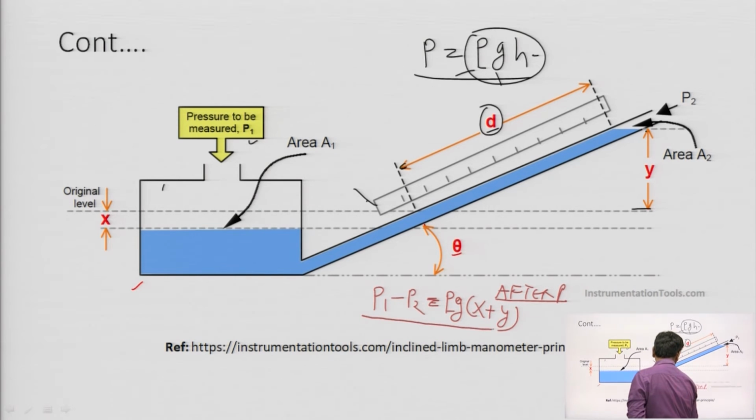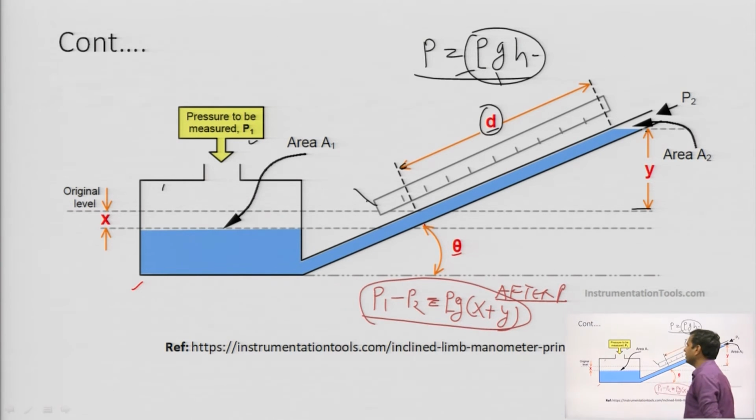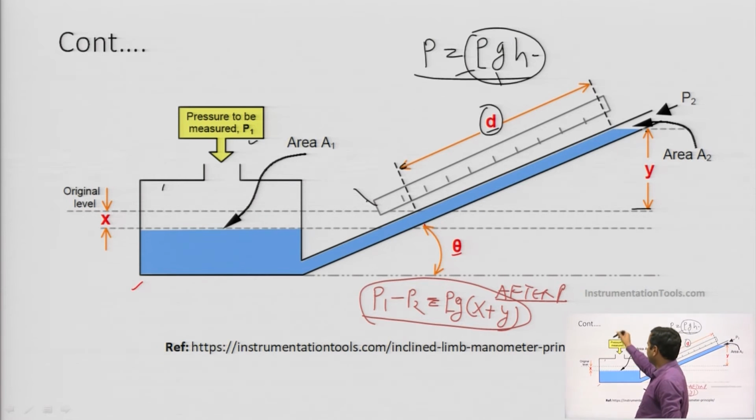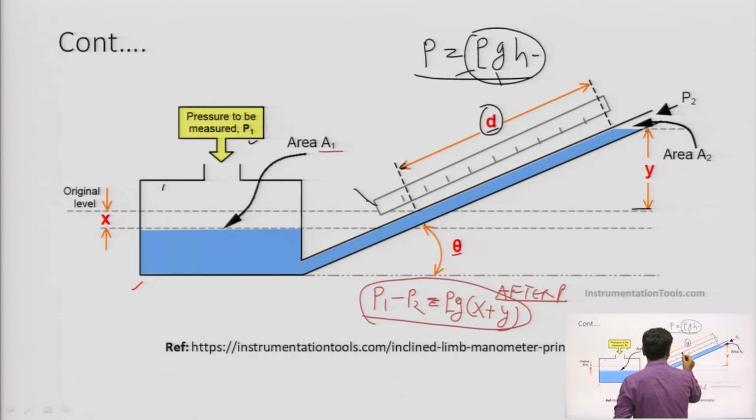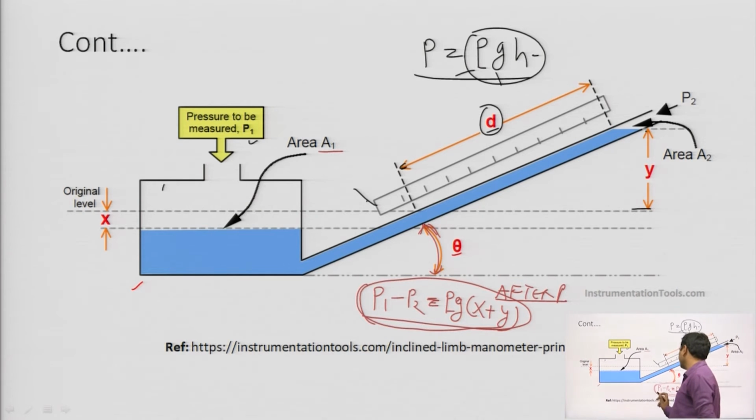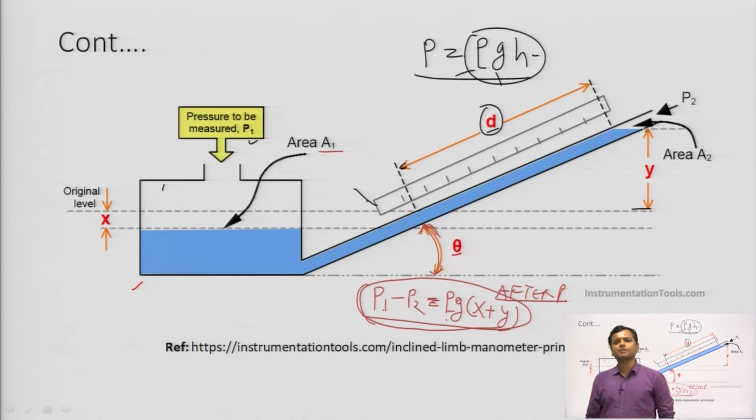So, by using this formula we can measure the value of the pressure that has to be measured. This is having area A1, this is our inclined tube, the length is d, that has been used because we need to calculate at which angle it is inclined. So, the basic formula from which we can calculate the pressure is P1 minus P2 is equal to rho g into x plus y. That will be the basic working principle of